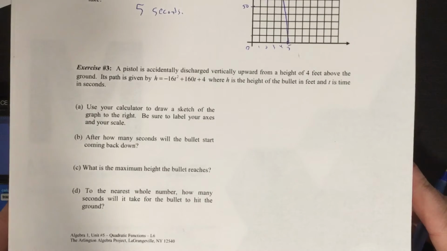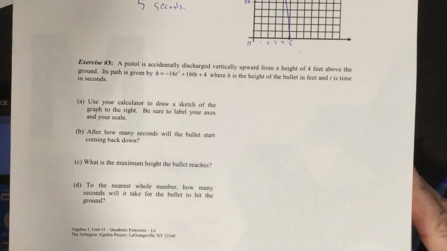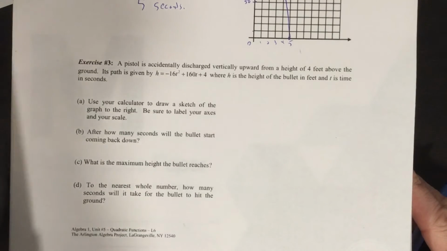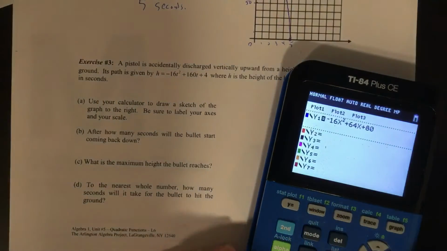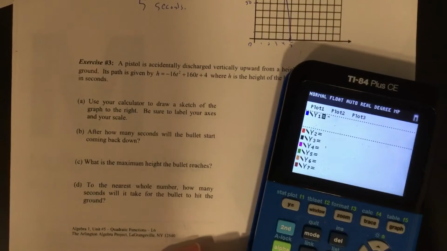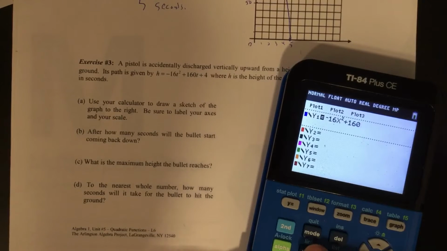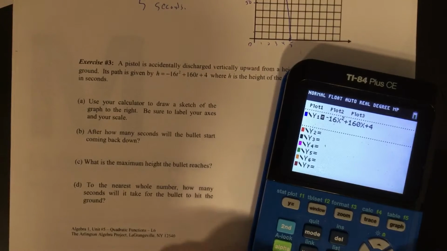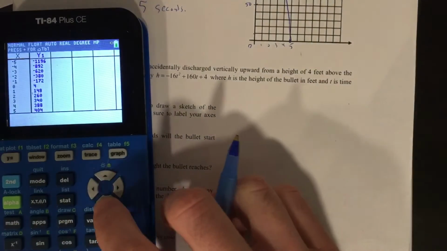And a pistol is accidentally discharged vertically upward from a height of 4 feet above the ground. Its path is given by h equals negative 16t squared plus 64t plus 4, where h is the height of the bullet in feet and t is the time in seconds. Use your calculator. Okay, so first I'm going to go to y equals, I'm going to plug this in, negative 16x squared plus 160x plus 4. I'm going to use my table here to see